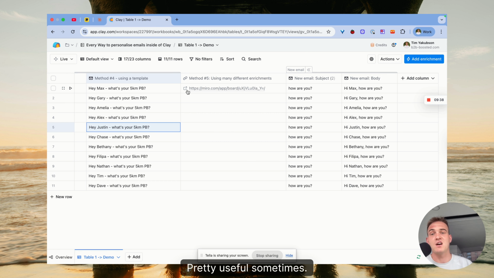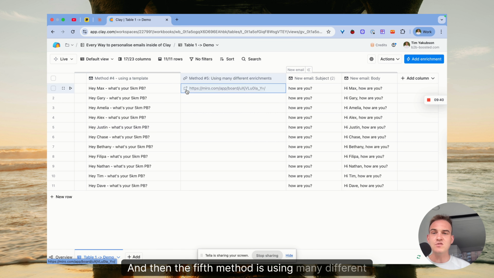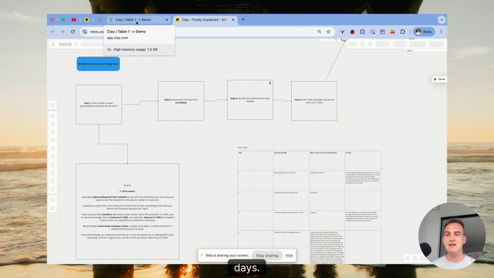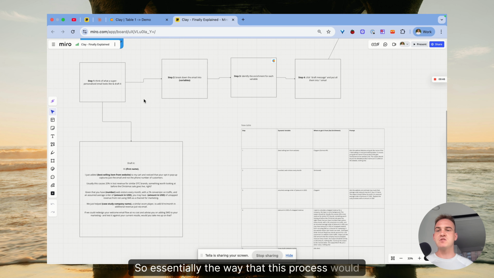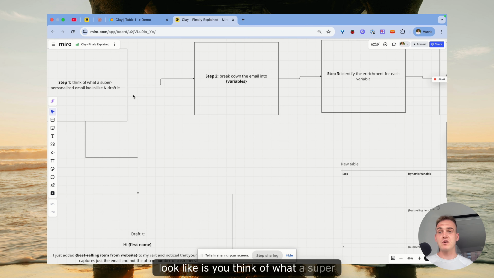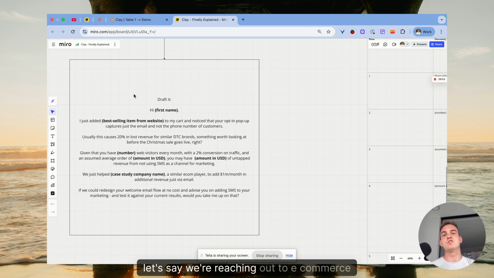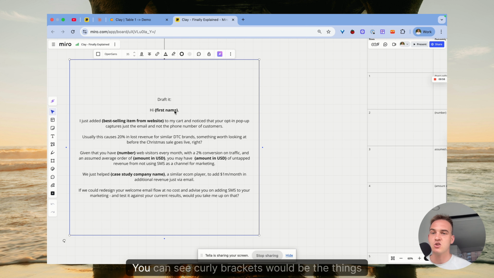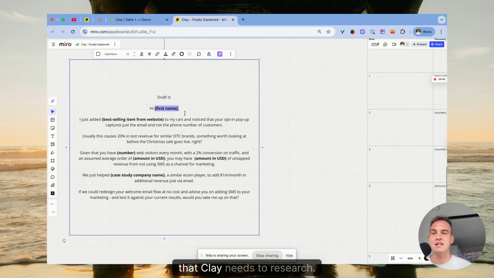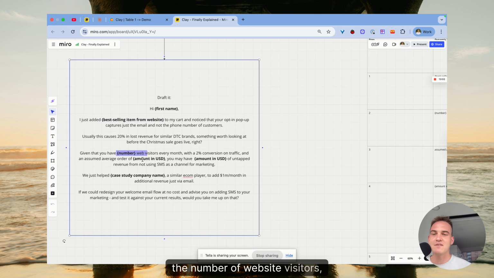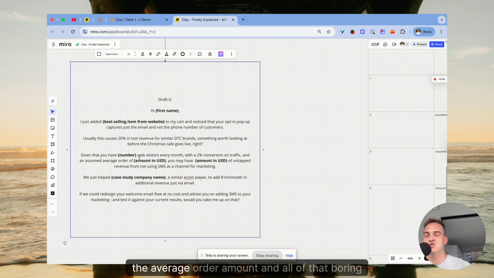Pretty useful sometimes. And then the 5th method is using many different enrichments, which is what Clay was renowned for from the early days. So essentially the way that this process would look like is you think of what a super personalized email looks like and you draft it. For example, in this case, let's say we're reaching out to e-commerce companies. You can see curly brackets would be the things that Clay needs to research. So the best-selling item from the website, the number of website visitors, their average order amount and all